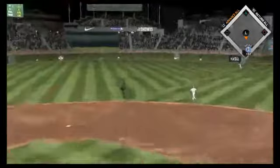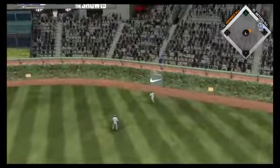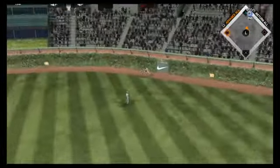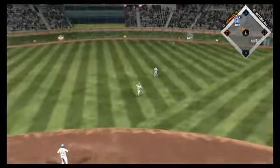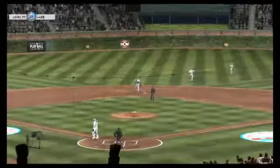Toward the gap in right center. This is going to be a base hit, and he may take that big turn at first. Around second now and headed for third. The relay, the tag, and he is out at third. And with that,